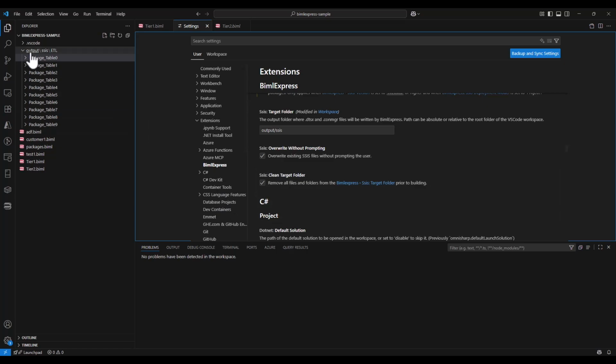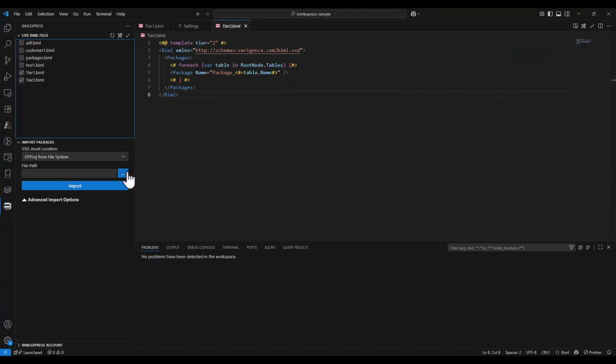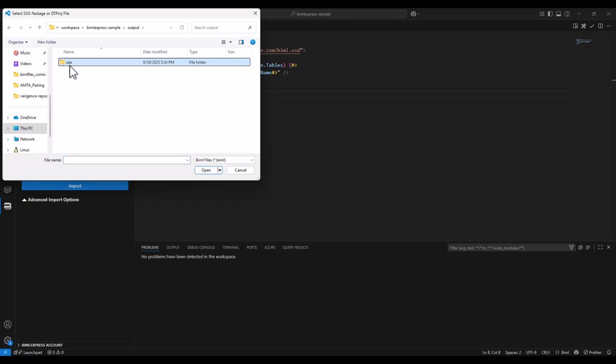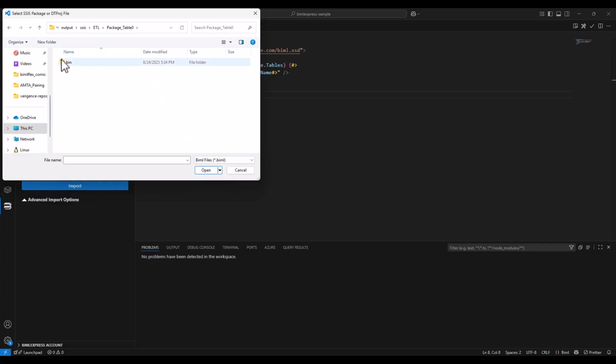Once we have our build working, we might also want to explore imports. Imports work exactly as they did before. You can choose a DTPROJ from the file system or individual DTSX SSIS files. And I'll just go ahead and choose the one that we just built just to show how this works. I'll grab just this table 0 and